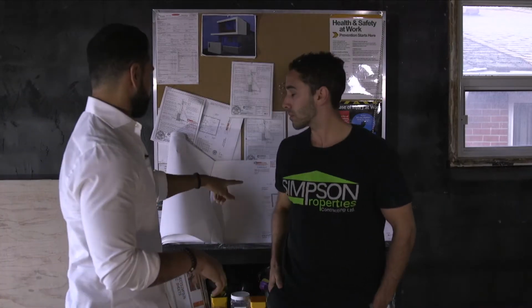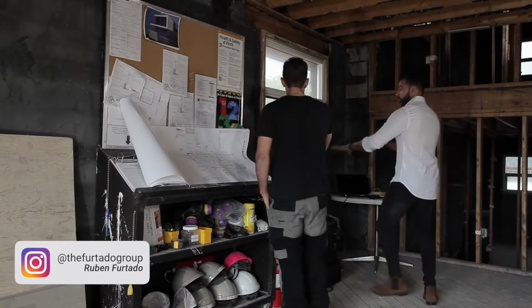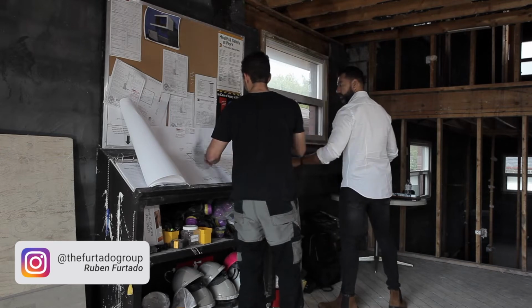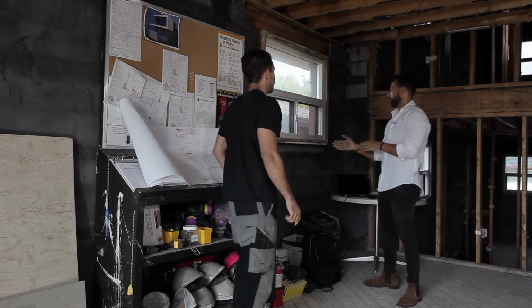Couple questions. I looked on the plans, and your sink location is right here, leveraging the window, right? Yes. And then your fridge, if I'm not mistaken. Actually, you know what? I already changed that with my kitchen guy. Okay. Sink is going in the island. Perfect. Okay, and the only reason why I was going to bring that up